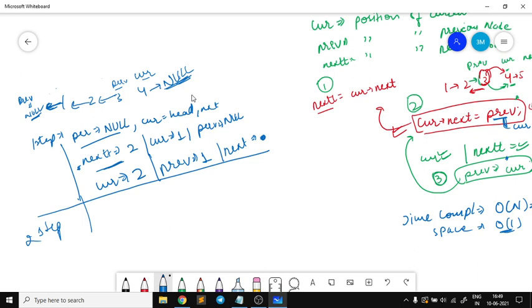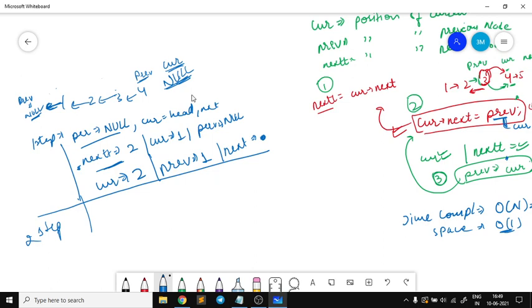Now in the next step also, next will be pointing to this null, fine. This pointer will also now be shifted to this one. Now current will point to this null, correct? And previous will point to this one, right? So up till when will we be iterating? We will be iterating till we have a valid value for the current node, and null is not a valid value for the current node, right?